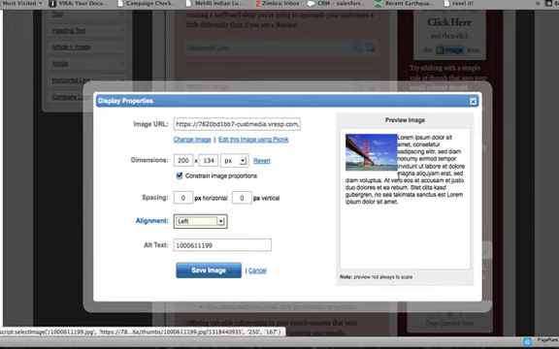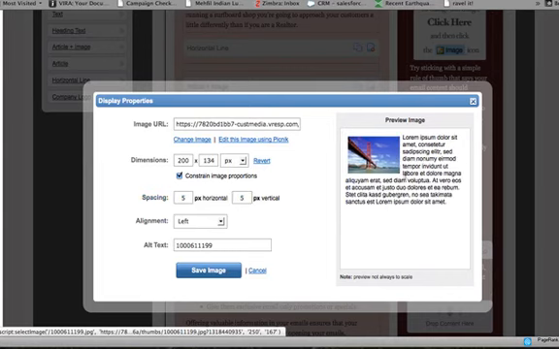Now, one thing that you can probably see here is that my text is bumping into my image, which makes it hard to read. So I'm going to put a little space around my image, and that's what the spacing is for here. And there we go. Now I have a little space so my text doesn't bump into the image and my readers can easily understand what I'm writing. The last thing in this